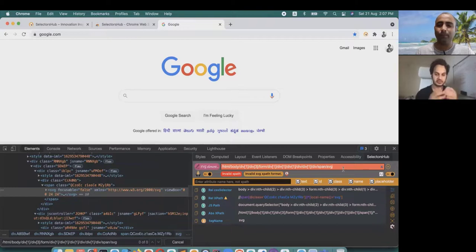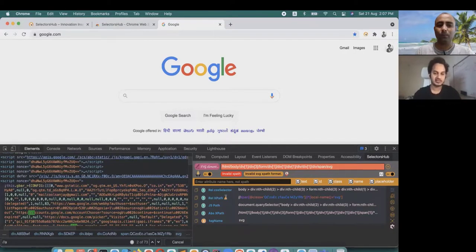So you see that we are learning wrong things from DevTools, like the SVG element. This is the XPath generated by DevTools, while this is the wrong XPath. You must have heard in the industry: don't use an XPath tool, write your own XPath. But writing your own XPath, where do you write it? That is the question. This is not the right place to write the XPath. This is the right place.